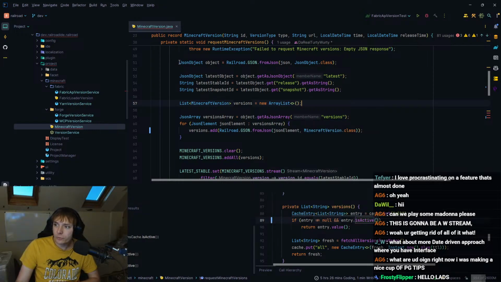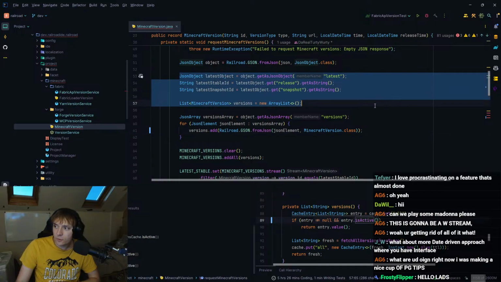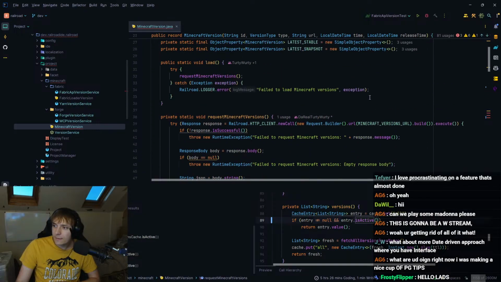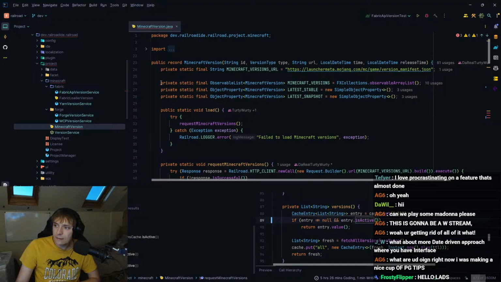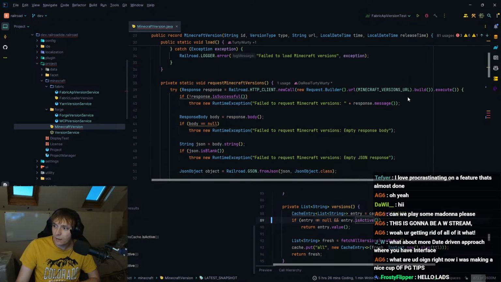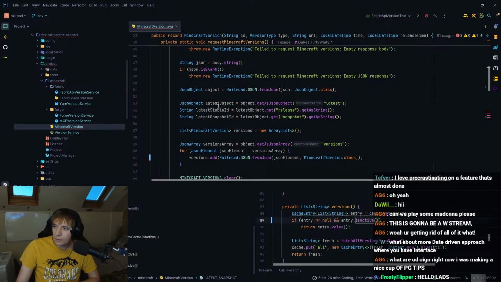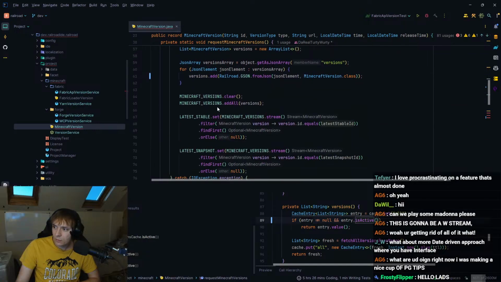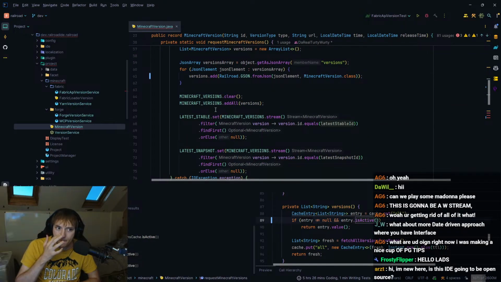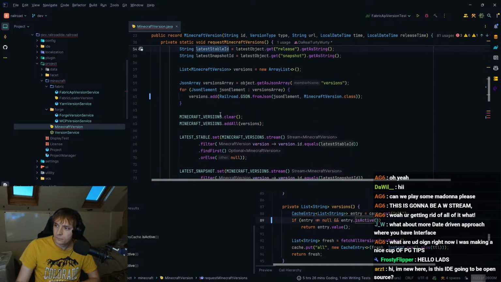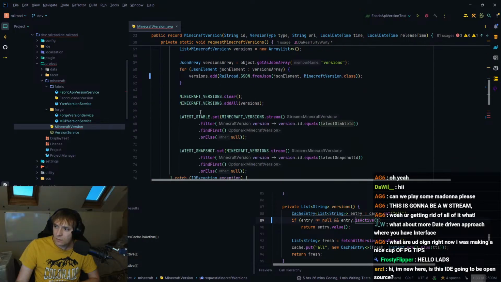I mean, we could Pojo this whole thing. So we could also do that with the latest versions. The problem with that is that we don't need that. We don't need that here. Wait, am I even using this?